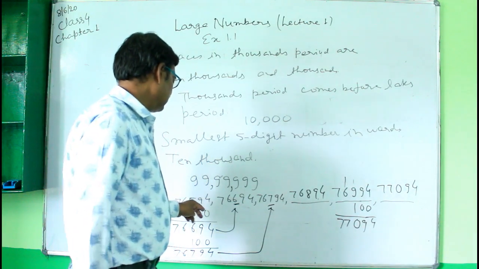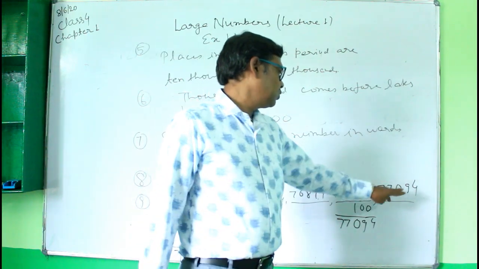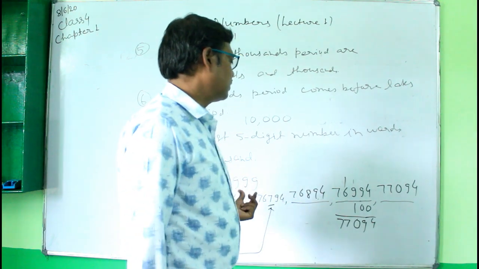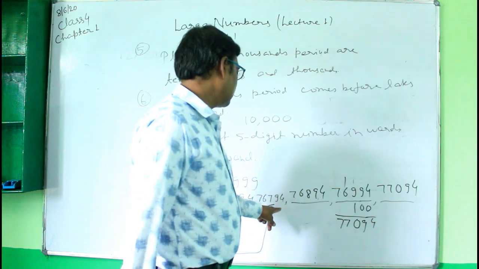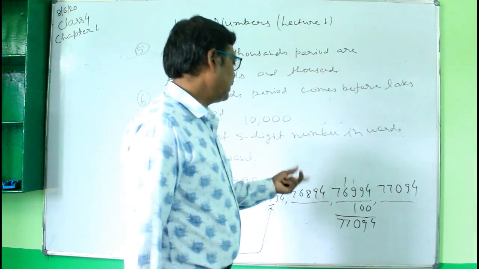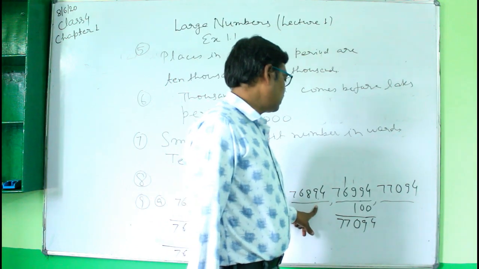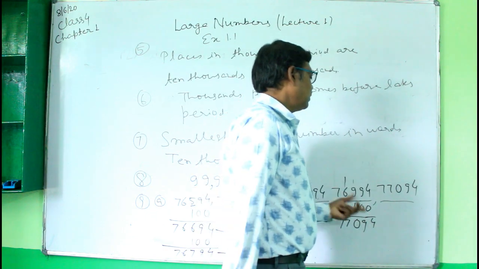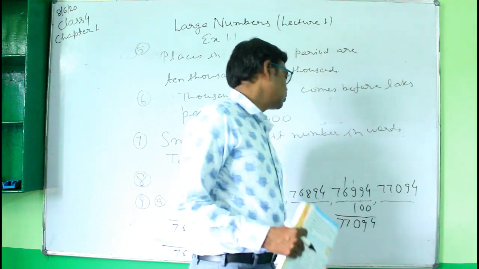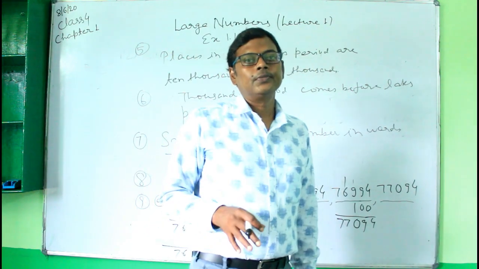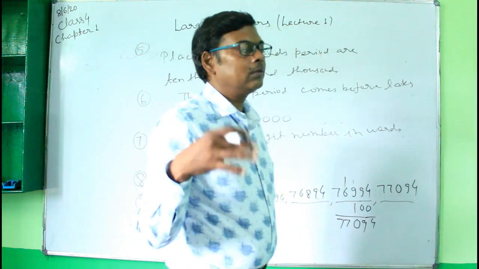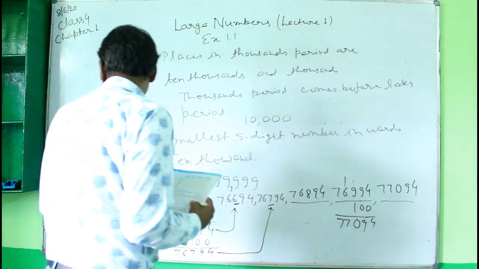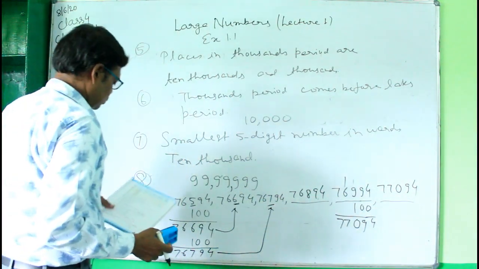In these numbers you don't have any problem, but you must be careful. If you know what number you have to add to the previous number, then it will be very easy. Just adding 100 to this number, you got this number. Again you add 100, you got the next number, and so on. So you have to identify first which number you will add so that you will get the next number. Then it becomes easier. So this is the pattern.